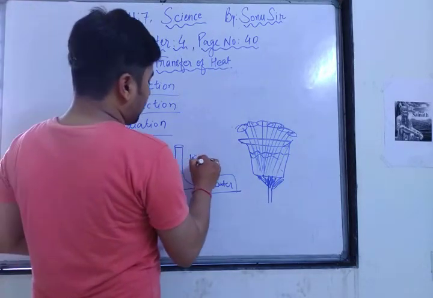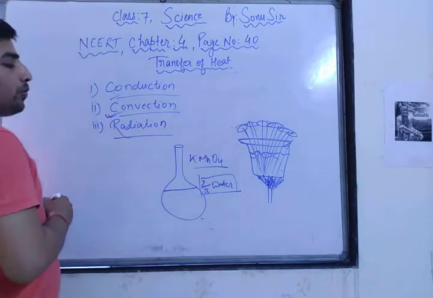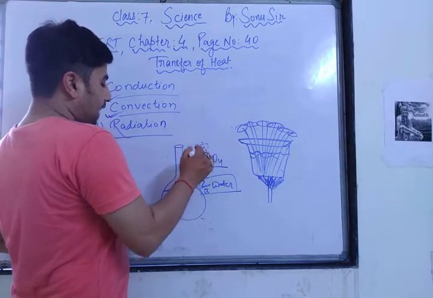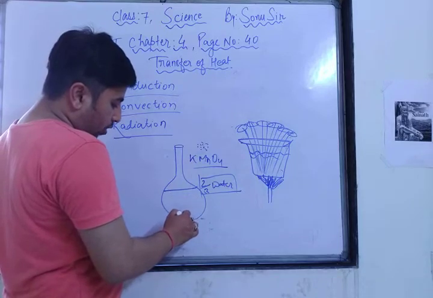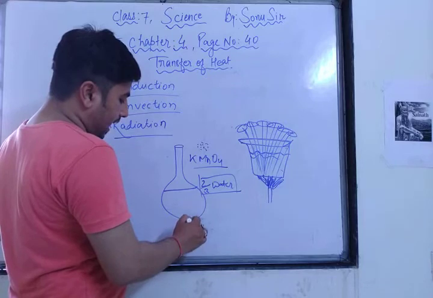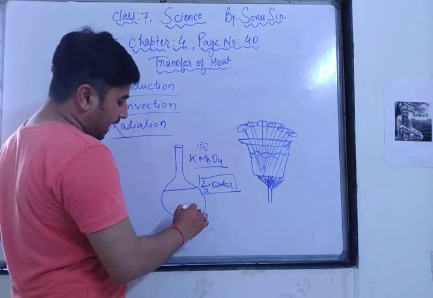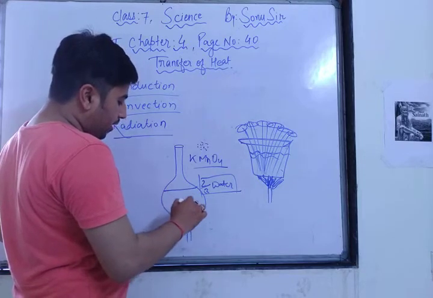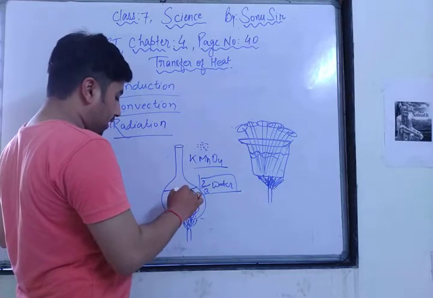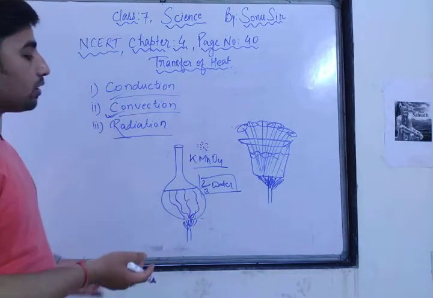Now we are taking potassium permanganate crystals, KMnO4. The formula of potassium permanganate is KMnO4. The KMnO4 crystals are just like purple or violet crystals, you can see. As you put these crystals down, all the crystals will settle in the bottom. And now here we are going to heat with the candle. So you will see the color or fumes of these crystals moving up, because this whole round bottom flask is transparent. You will see these fumes, these smokes, moving up.